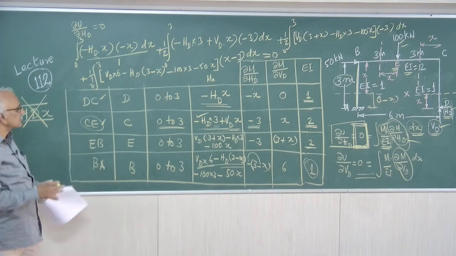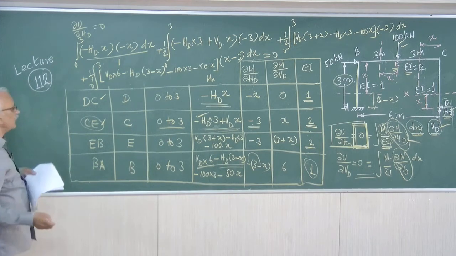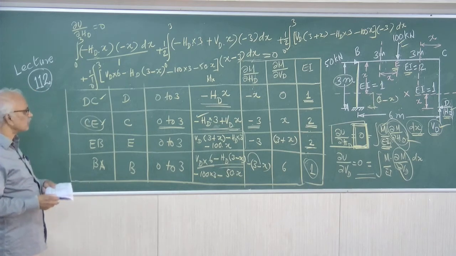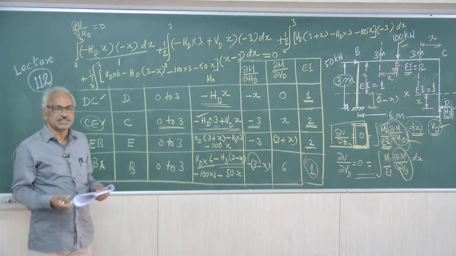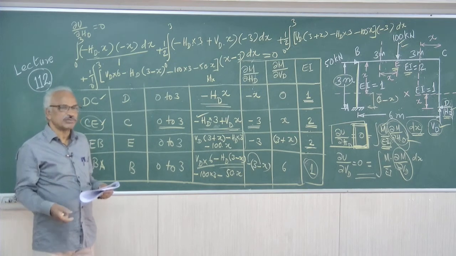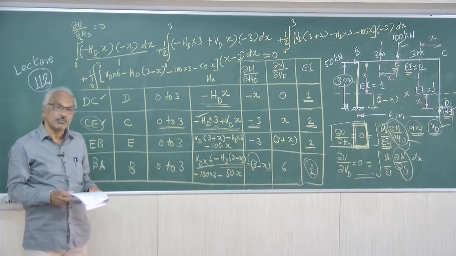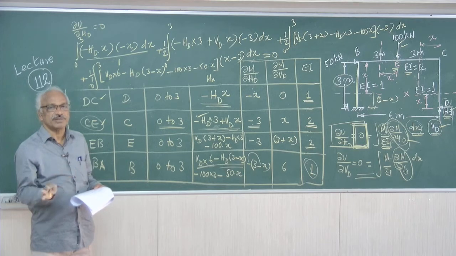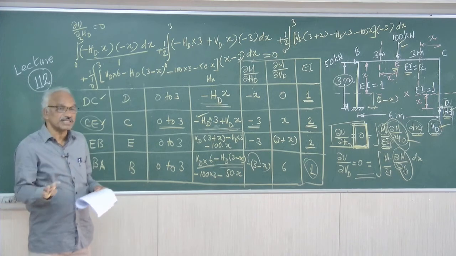So this will involve a lot of calculations. Initially, this will take about 10 to 15 minutes. Once we practice, we will be able to reduce the time. But of course, undoubtedly, it is a lengthy problem. When there are 2 unknowns, the calculations will be lengthy. You have to form 2 equations and solve. When you do the problem for the first time, it will take little more than 1 hour. You have to bring it down to 40 minutes by practice only. Unless there is practice, we will not be able to complete the problem within the given time.